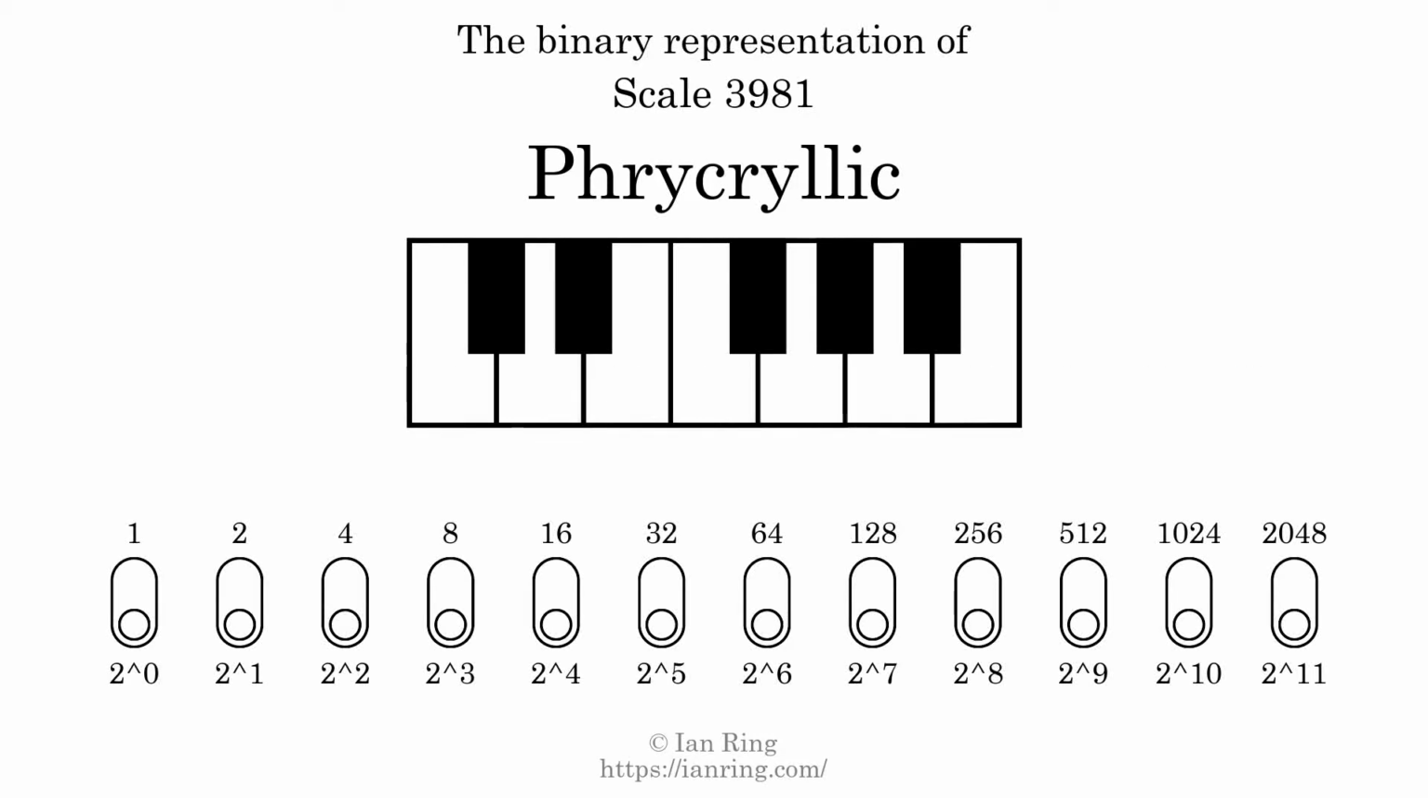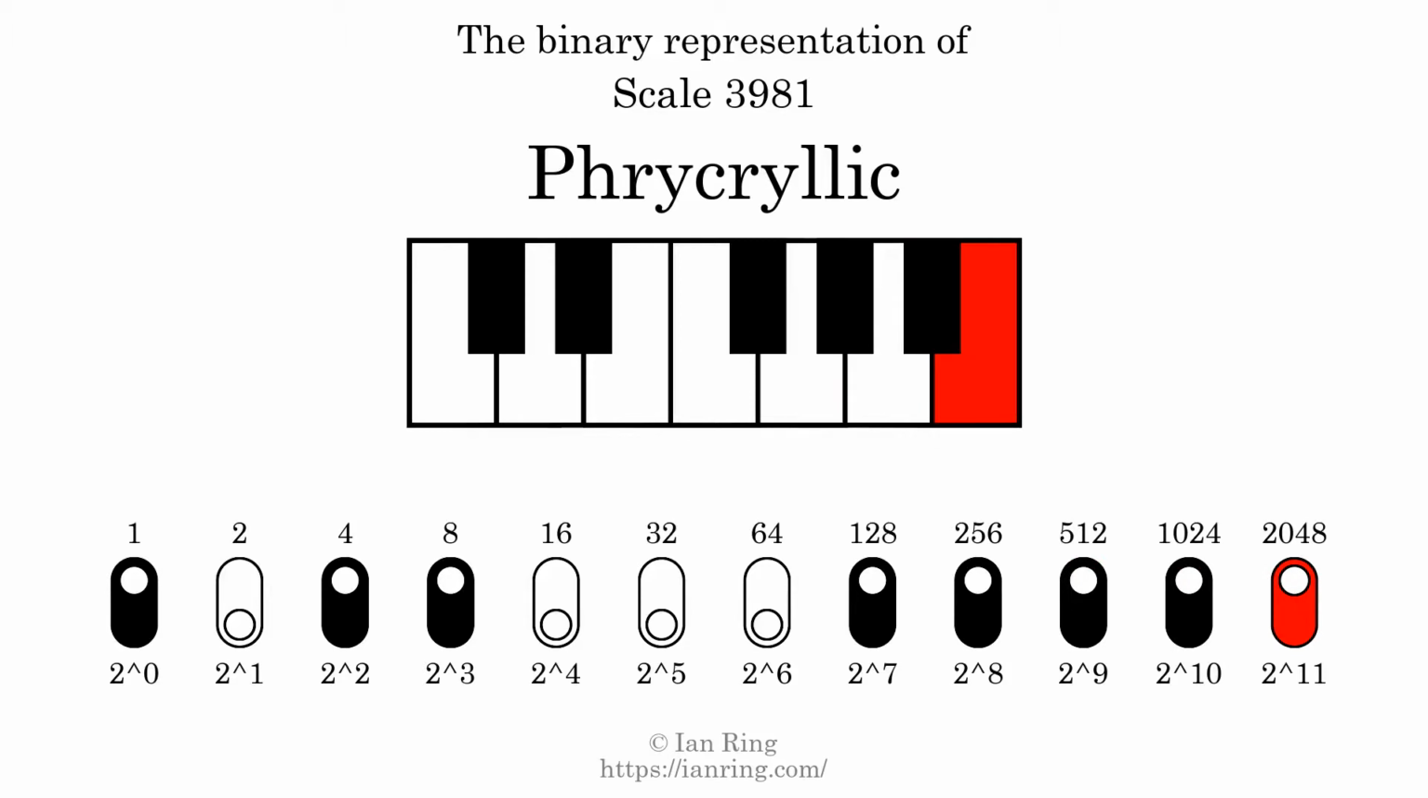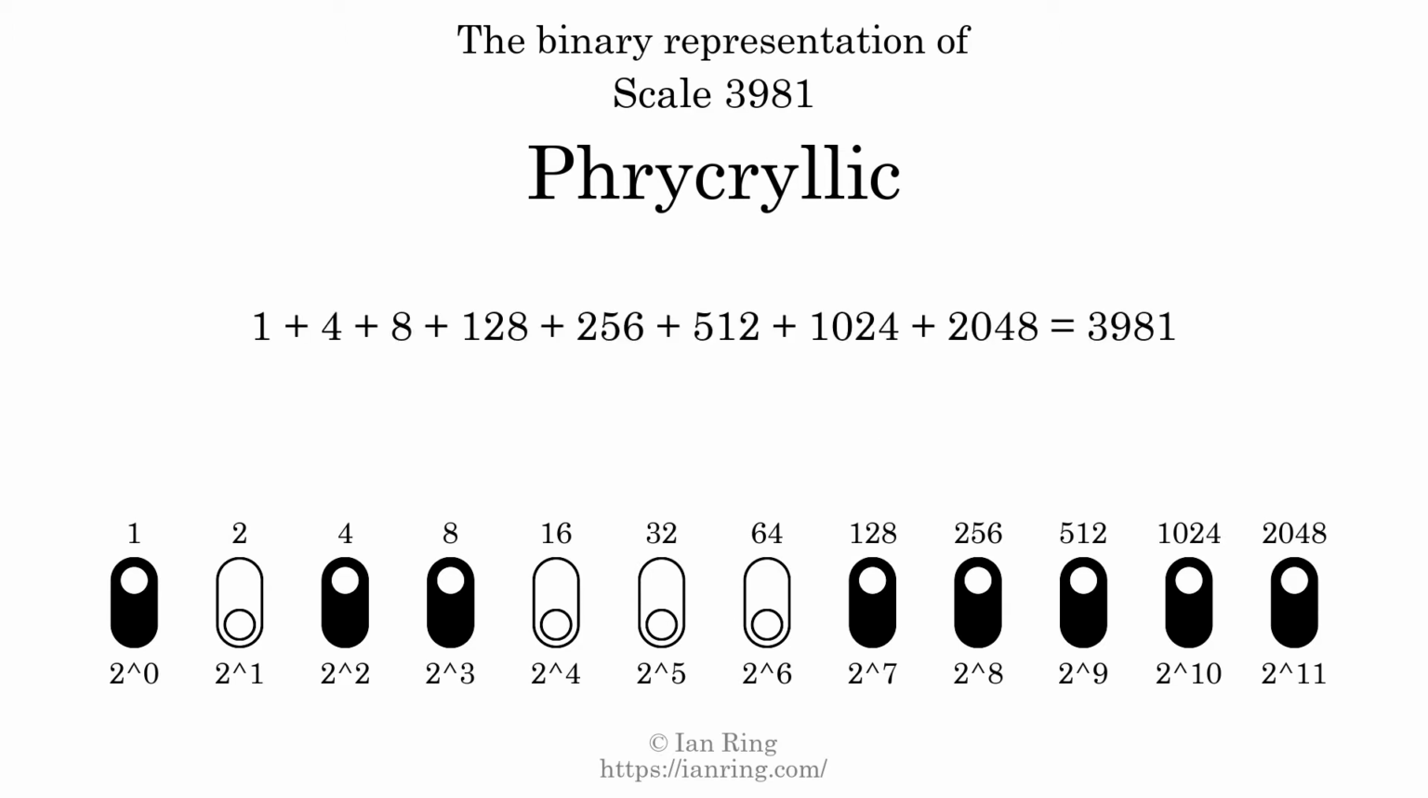The binary representation of this scale is determined by mapping tones of the scale to binary digits. Each binary digit represents a power of 2. To get the scale number, we add the powers of 2 together. The powers of 2 that are present in the scale, all added together, equals 3981. That is why the scale number, in decimal, is